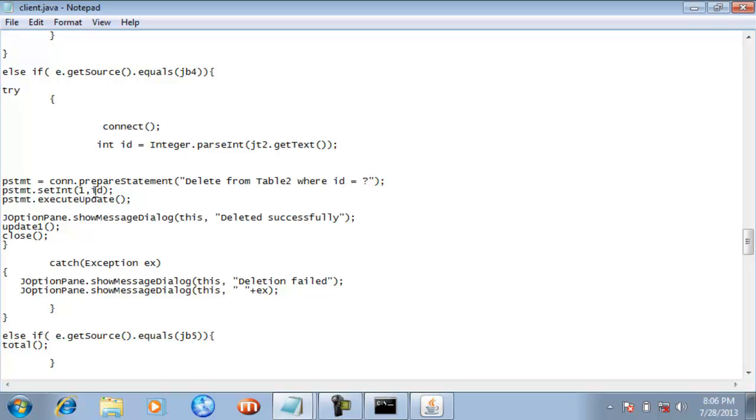And this id that you are saying is actually this id named variable. As we know that this id has the data type of integer, we have used the setInt method here, not the setString method.